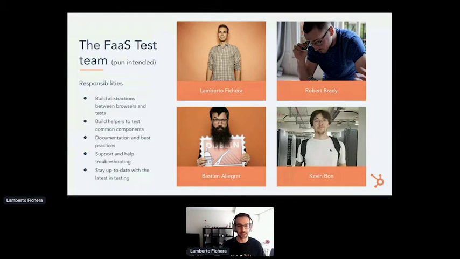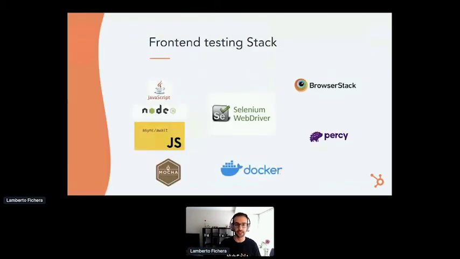We're all based in Dublin, and the main responsibilities of the team are building those abstraction layers between either the browsers and the test, or between the common components and the test, giving not only documentation, but also talks and brown bag sessions, and actively working with the rest of the engineers to develop that testing mindset across the board, and also staying up to date with the latest in testing.